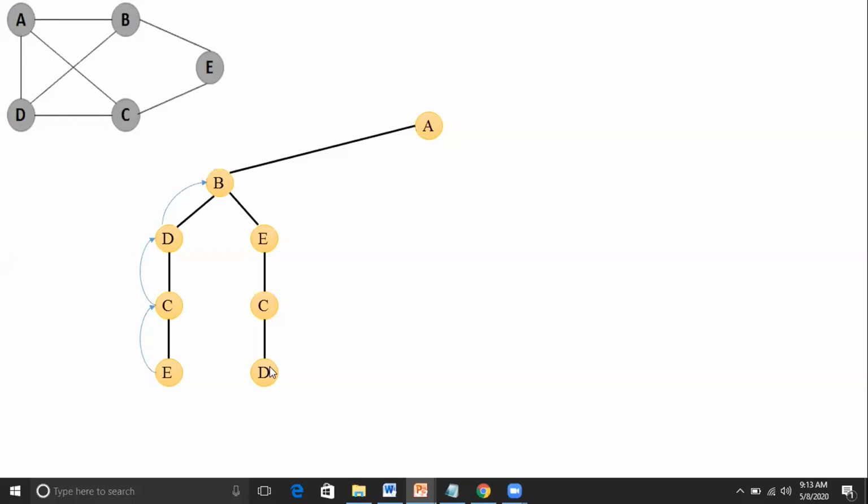Even if you get a solution, we need to backtrack because we might get any number of solutions, isn't it? Now backtrack. From C, do you have any other cities to be visited? No, sir. Again backtrack. From B, do you have any other cities to be visited? No. From B, D is also over, E is also over. So what should we do?